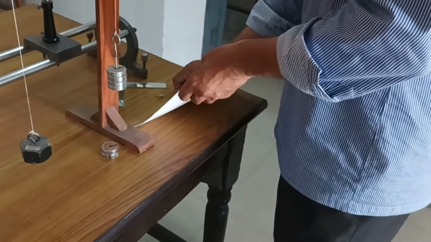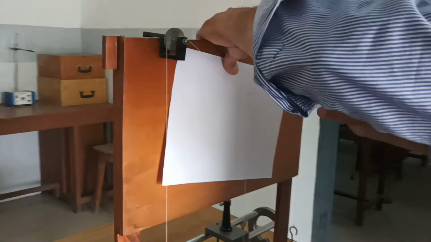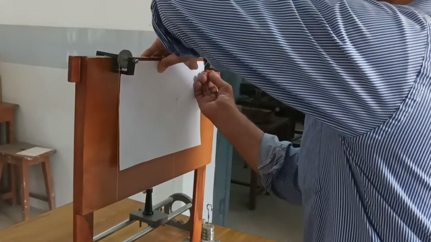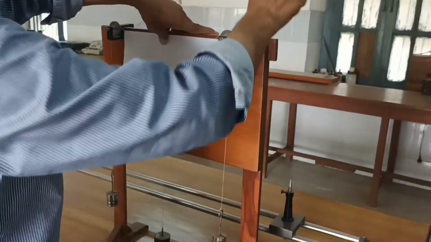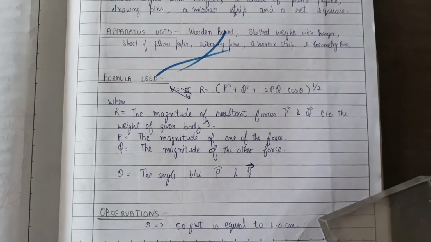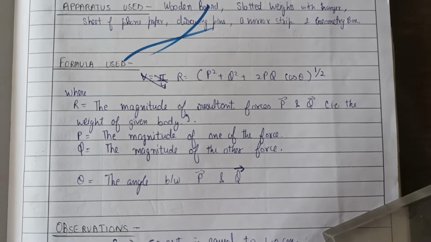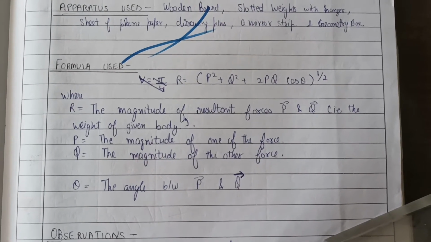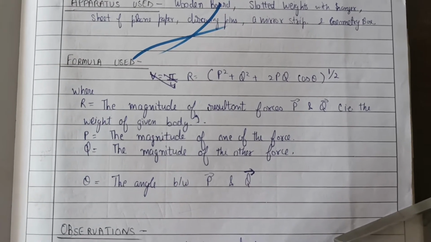First, we will draw these lines of forces for different values on this diagram, that is on this paper, with the help of this plane mirror. And after completing this diagram, we will use the formula. This is the formula used for calculating from the diagram. P and Q will be measured, and the angle between P and Q forces will be measured from the geometrical drawing on this parallelogram law apparatus.